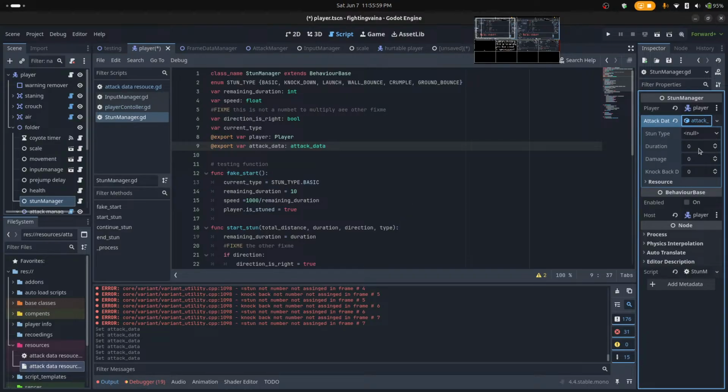So for this, I'll just go with some type basic, duration 10, damage 1,000, 150, knockback, distance 100, no 1,000. Okay,